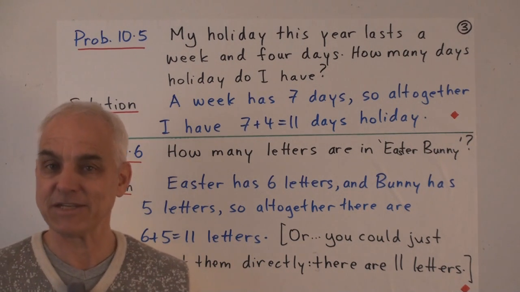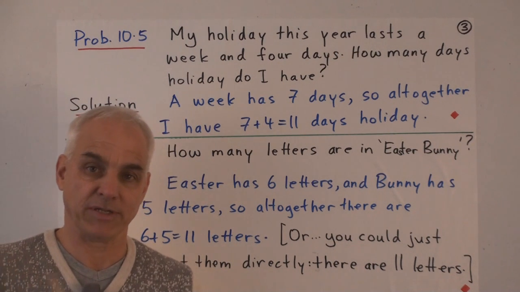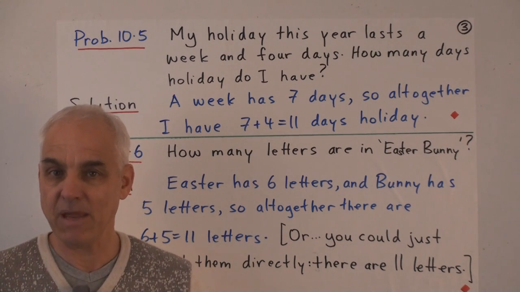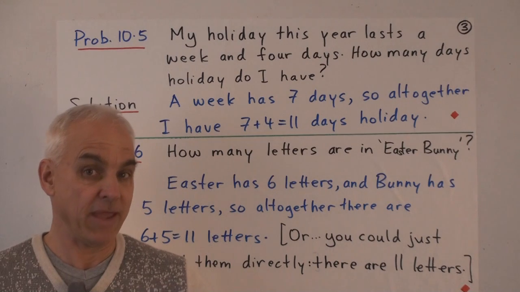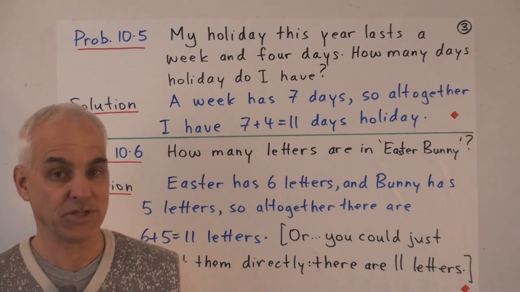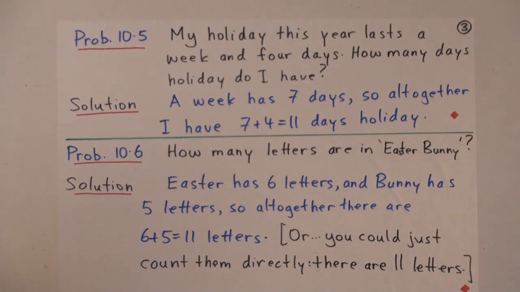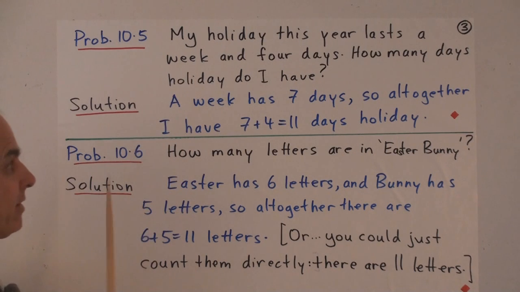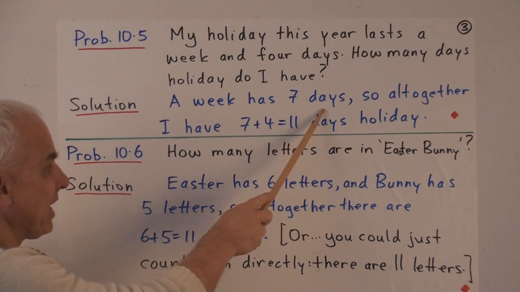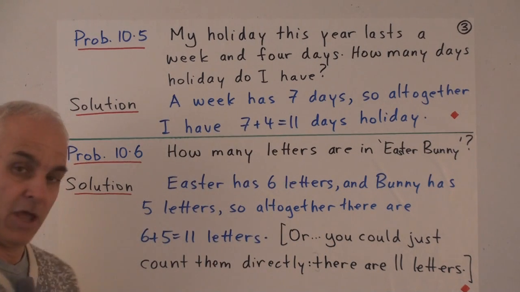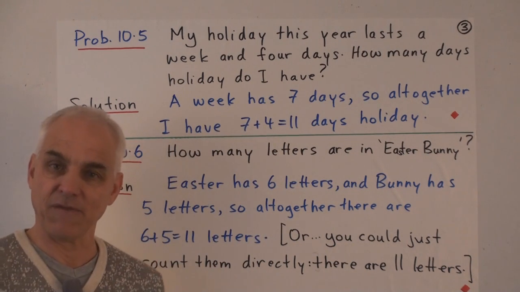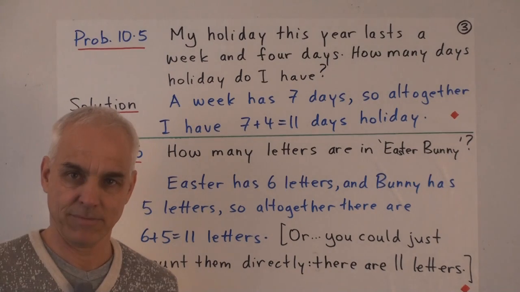So sometimes it's necessary for us to interpret some ambiguity that may be in a question, or maybe that we think is in a question, perhaps because we don't understand something quite as well as we like. In this case, I'm going to resolve this by deciding for myself what the week means. So I'm going to say a week has 7 days, and I'm going to write that down explicitly so that someone reading my solution can follow my train of thought.